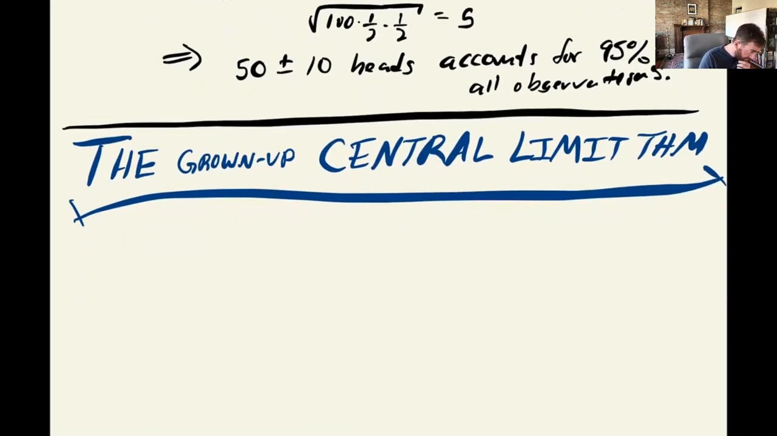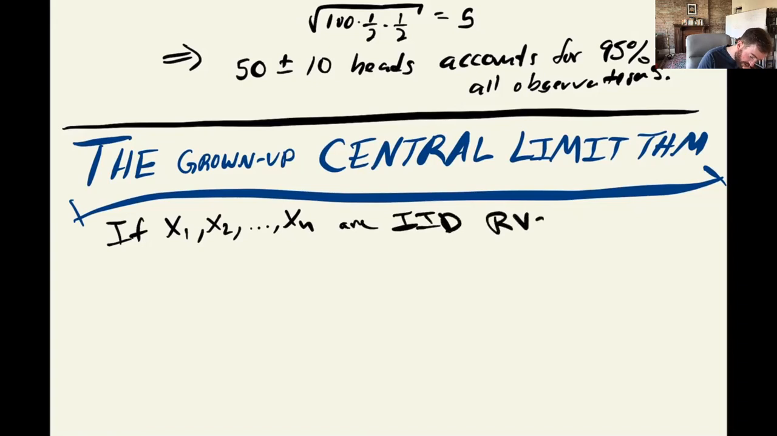So let's go ahead and write this down. So if x1, x2, on through xn are IID random variables, with each of the xi's, again, IID means independent and identically distributed. So in particular, their mean and standard deviation are the same. Then